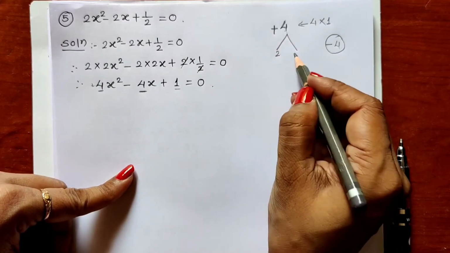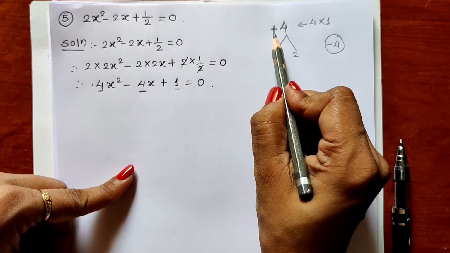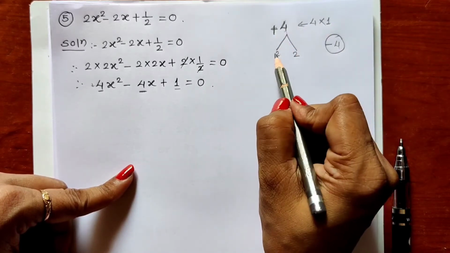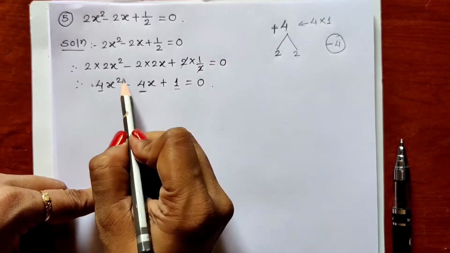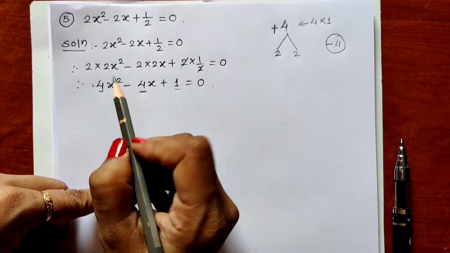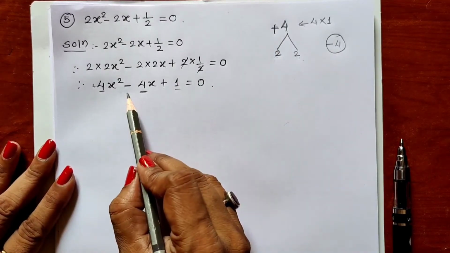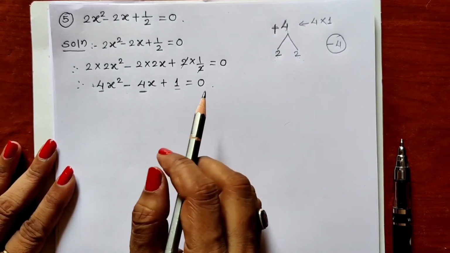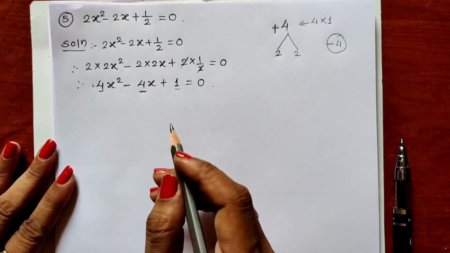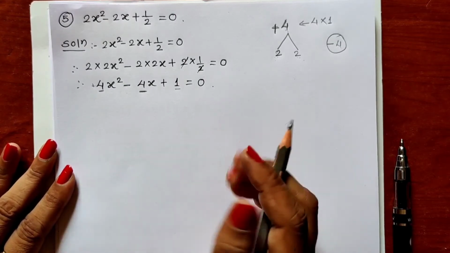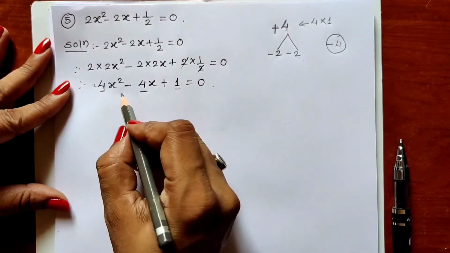2 twos are 4, we all know. And 2 plus 2 is also 4. So when we find the factors by addition, what do we do about the sign? Both these factors will have the first sign. Always see that. In addition, both the factors should have the first sign. And in subtraction, the bigger factor should have the first sign and the smaller factor should have the opposite sign. Always see that. So both these factors will have a minus sign.